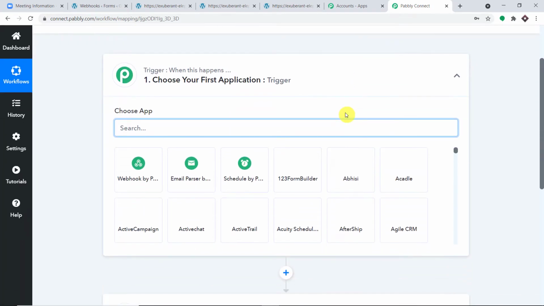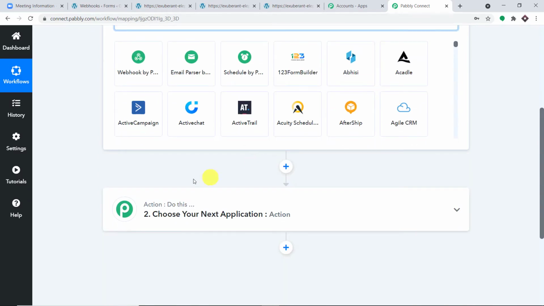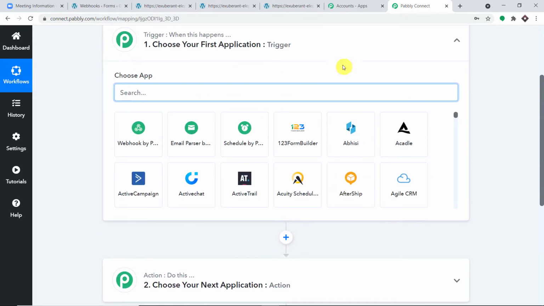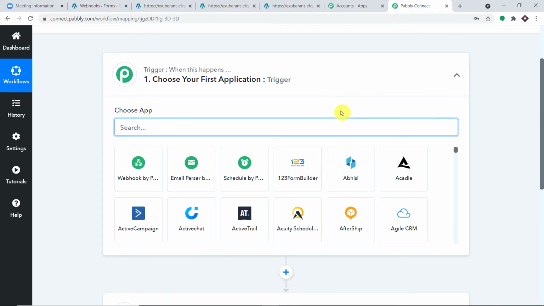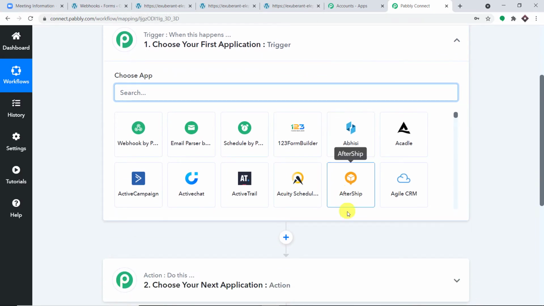So when you click on Create, you will find two windows, the trigger window as well as the action window. Basically, the gist is we are just trying to integrate Gravity Forms and Zoom. So this is the workflow that we are going to build. Now you should know that I will add the link of this workflow in the description box so that you can clone it and directly access it in your account.